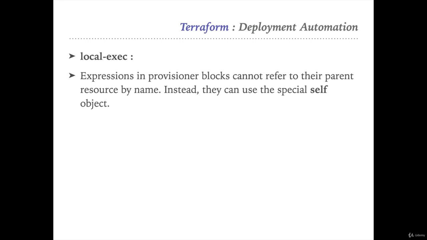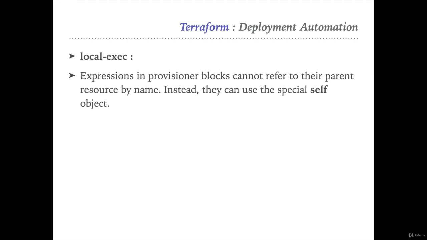Till date, we have seen this in multiple labs. Whenever we require to read some data from the resource, we use the resource name. But expressions in the provisioners cannot read the parent resource. So we use the special object which is called self. Self will basically attach to the resource which it is creating. Whenever you define the self, it will retrieve the data of the current resource which is executing the